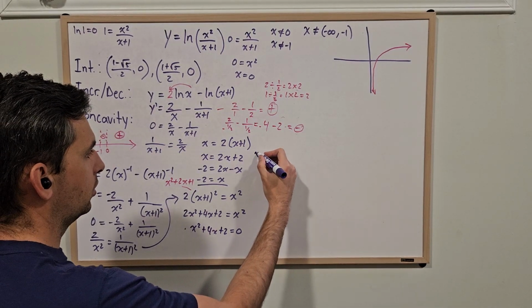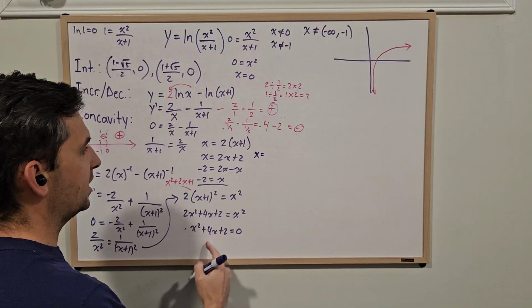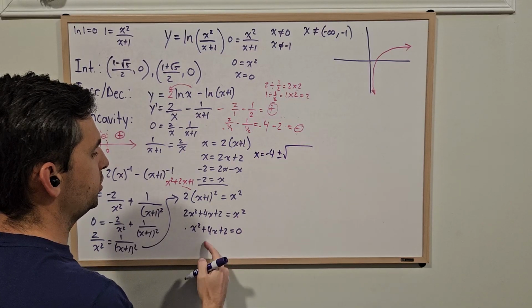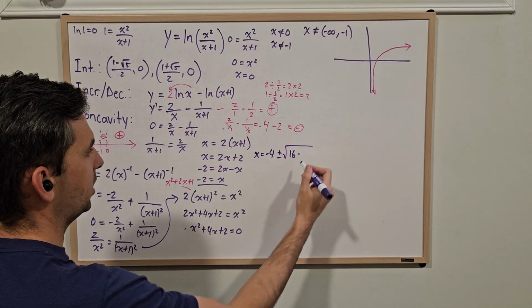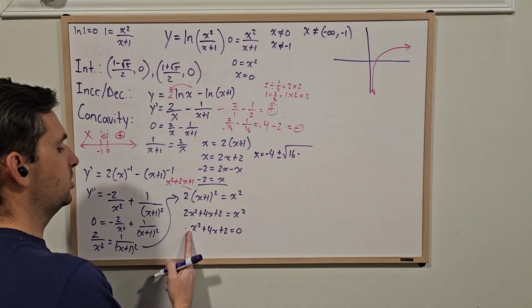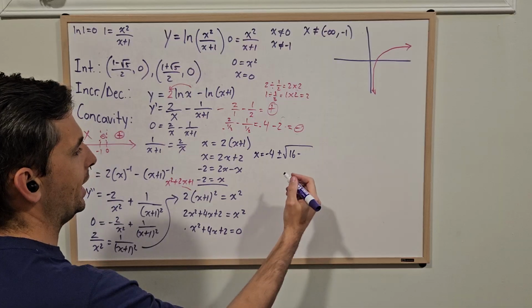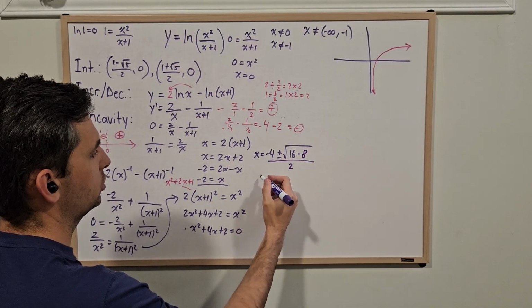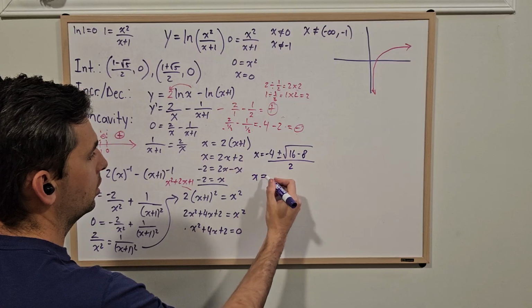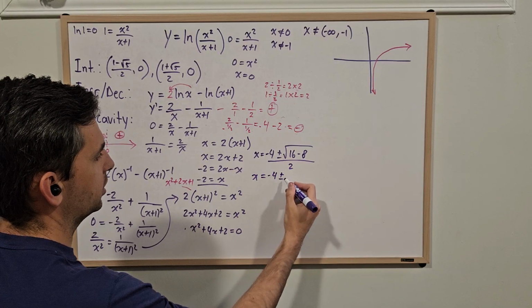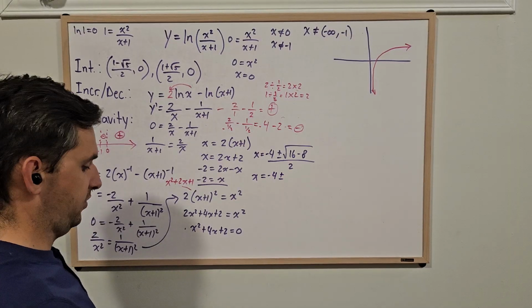So I'm going to move that over here. We have negative b, so negative 4, plus minus the square root of b squared, which is 16, minus 4ac, so 4 times 1 is 4, times 2 is 8, so that's going to be 16 minus 8, divided by 2a, which is just 2 times 1, which is 2. Moving on down here, we have negative 4 plus minus the square root of 8,